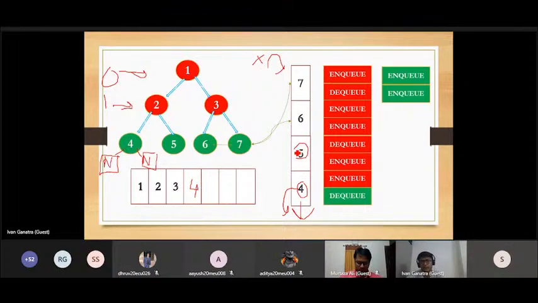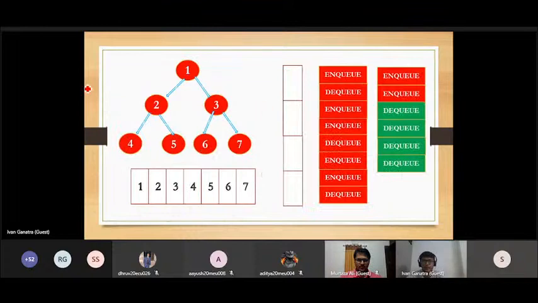नेक्स्ट व्हाट वी हैव इज 5 एंड देन वी हैव 6 एंड देन वी हैव 7। सो ये जो चारों एलिमेंट्स हैं, क्योंकि इनके कोई भी चाइल्ड्स नहीं है, लेफ्ट चाइल्ड नहीं है और राइट चाइल्ड नहीं है, इसलिए ये सारे एलिमेंट पॉप आउट हो जाएंगे, करेक्ट। और इसके कोई भी चाइल्ड्स होंगे नहीं, इसलिए हम कोई भी एनक्यू ऑपरेशन परफॉर्म नहीं करेंगे। तो एट दी एंड हमको क्या मिल जाएगा कि लेवल 0 भी प्रिंट हो गया हमारा, फिर लेवल 1 भी प्रिंट हो गया, एंड देन हमारा लेवल 2 भी प्रिंट हो गया इन द ऑर्डर विच वी वांटेड। सो ये क्या हो गया था हमारा BFS ट्रेवर्सल।